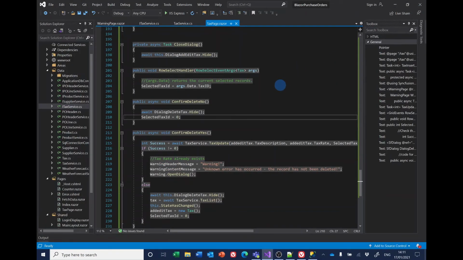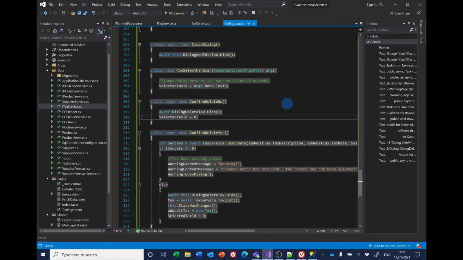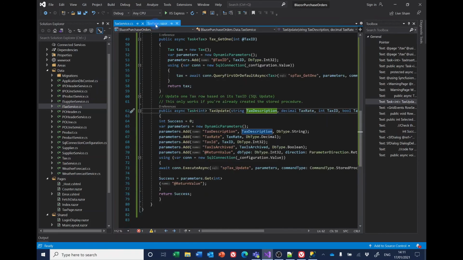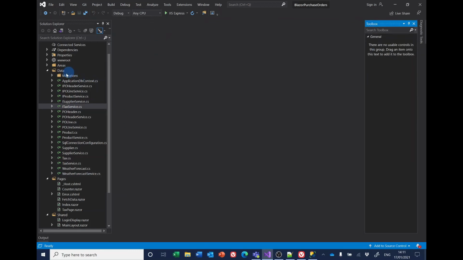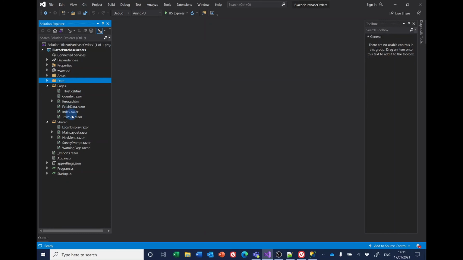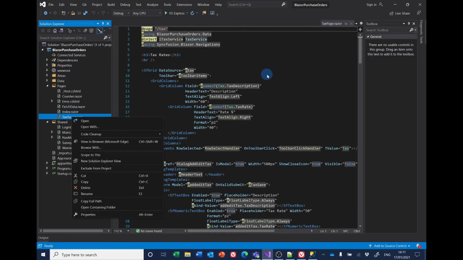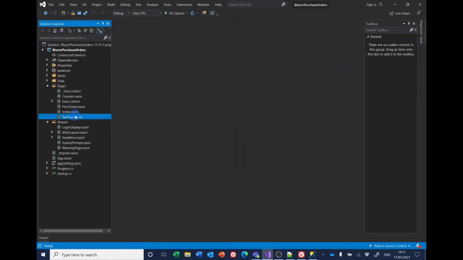That pretty much finishes what I want to have in this particular video, but I will just remind you about the warning about having a Blazor page with the same name as a model name. Let's close these and I'll illustrate the point. I'll close the tax page as well. If I rename that, I didn't want to display it. If I rename that